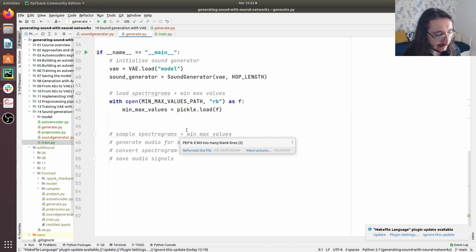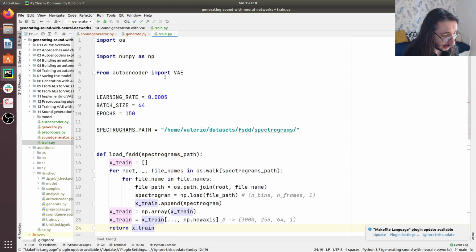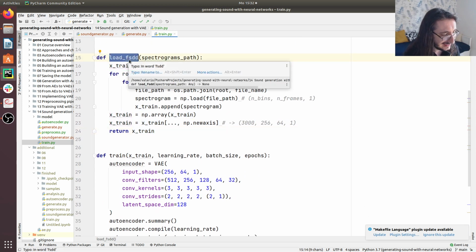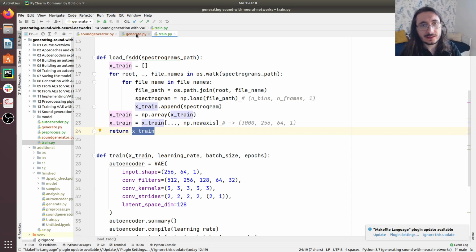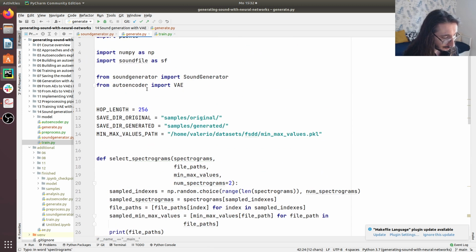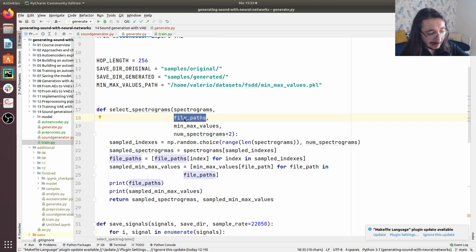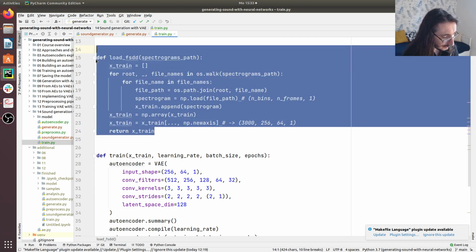Okay, we already have a facility that loads spectrograms for us, and we used it in the train.py, so when we actually trained the model. And as you can see here, we have this load fsdd. Now the thing is that this load fsdd only returns the spectrograms themselves, right? But we not only need the spectrograms, but also the relative file paths. And why do we need them? Well, because when we do the select spectrograms, when we sample the spectrograms, then we also need the relative file paths. So what we can do is just take this load fsdd here,